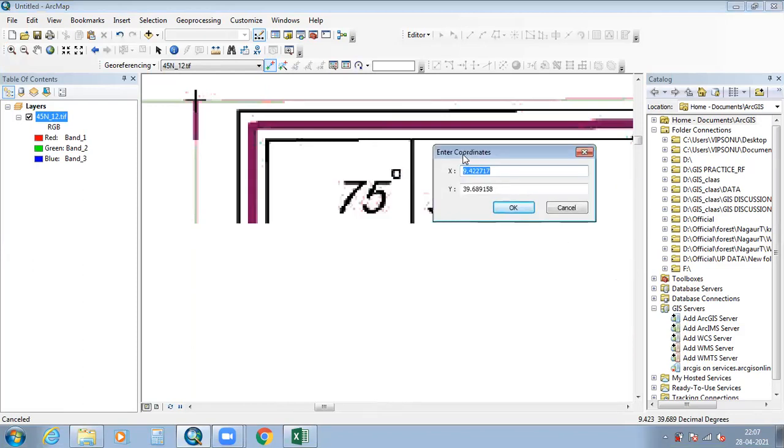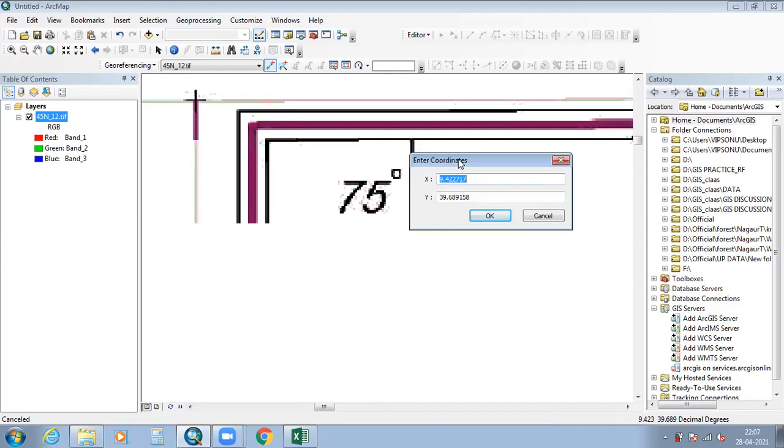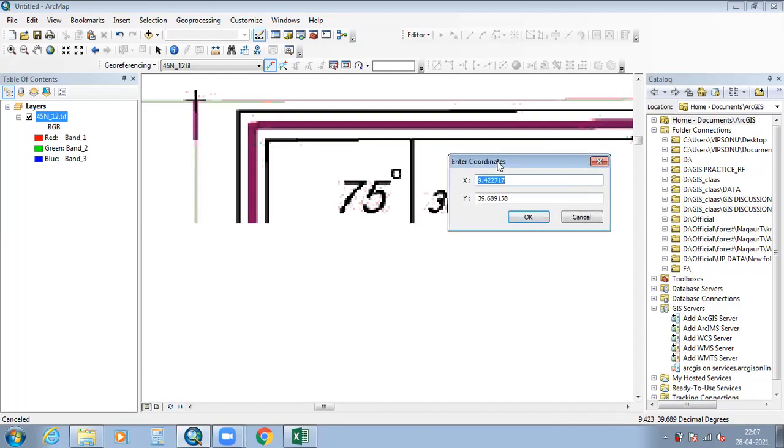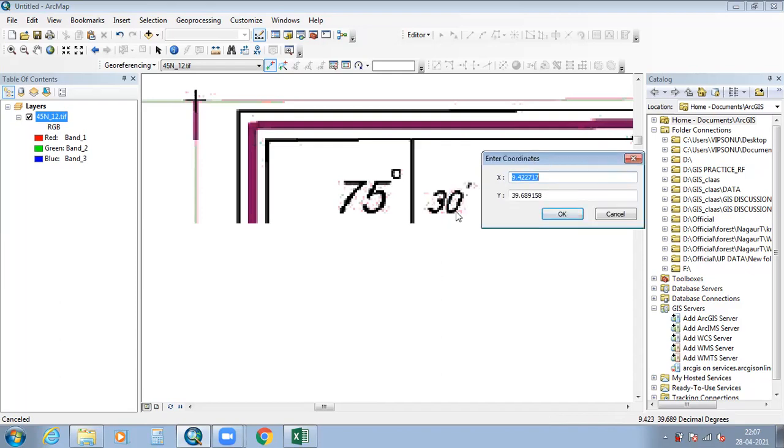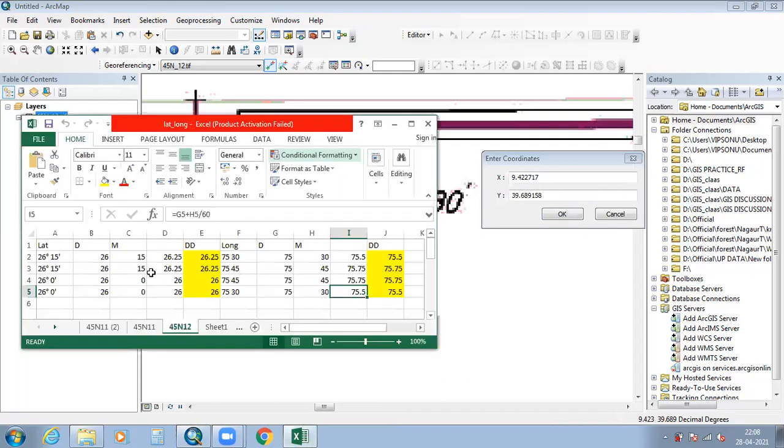Here this x is the longitude and y is the latitude. So put the values of longitude and latitude. Here the longitude value is 75 degree 30 minutes. To convert this degree minute second value, 75 degree 30 minutes will be converted to 75.5.